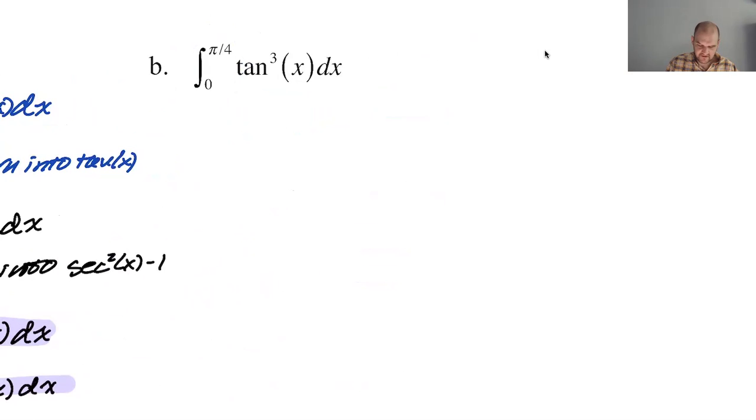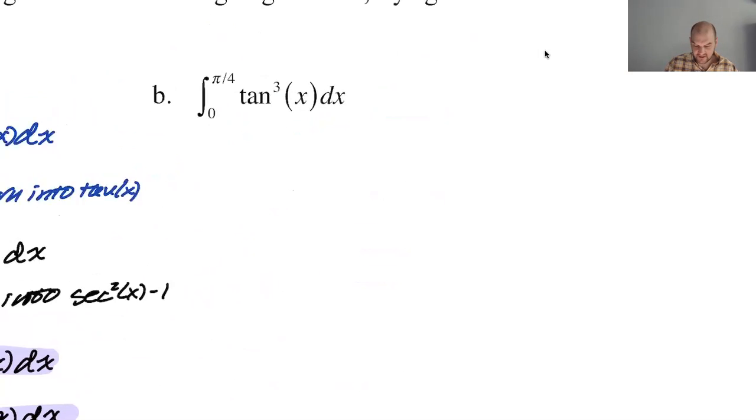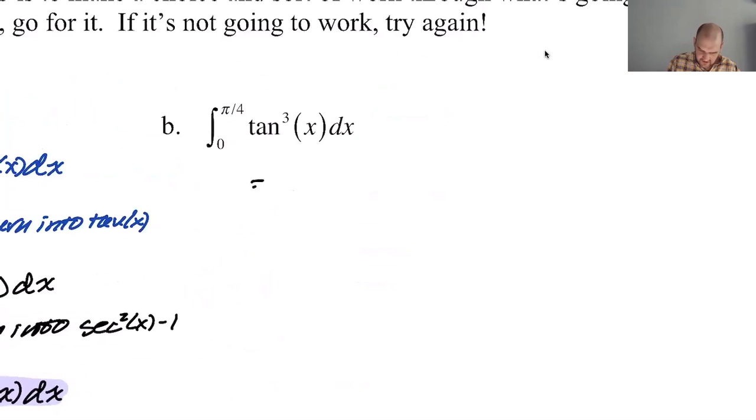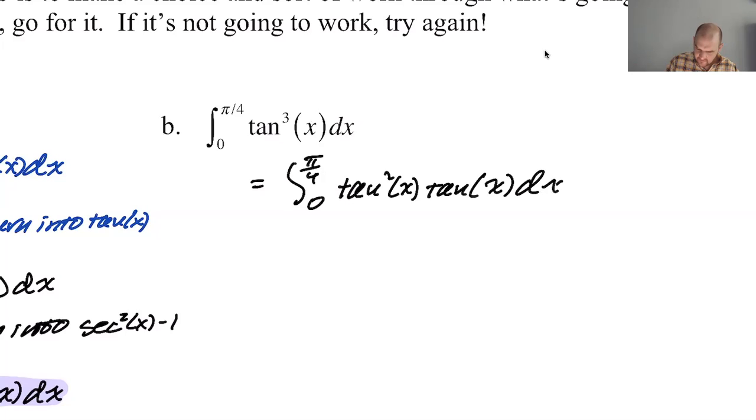I mean, I can turn tan cubed into tan squared times tangent and hope for the best. So that's what I'm going to do. The integral from 0 to pi over 4. I got tan squared, which I can change into secant things, and then tangent, which I'm saving. So tan squared is secant squared minus 1, and then tangent